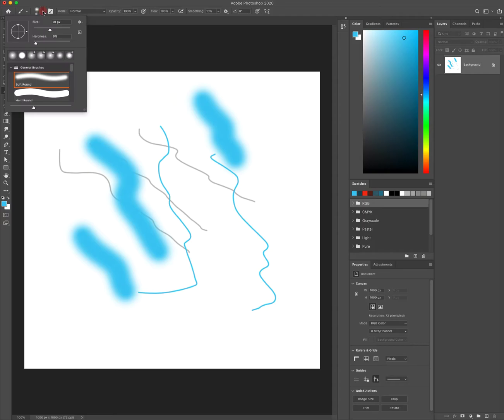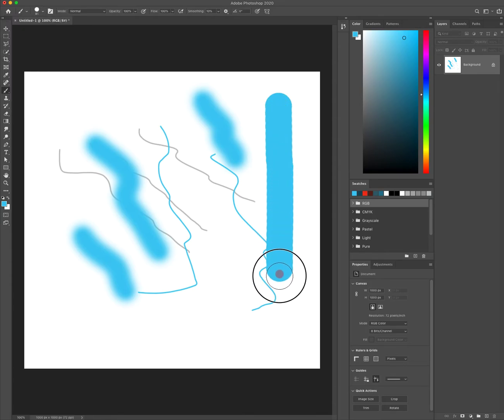You can also change the brush hardness. So this option over here in the brush tip changes how the edge behaves. So right now I have a very low hardness close to 0%. And that's why the stroke I created is faded at the edges. So this is what we call a soft brush because the color at the edge of the brush fades softly into nothingness. Whereas if we were to increase this value to maximum hardness, for example, now we're at 100%, let's